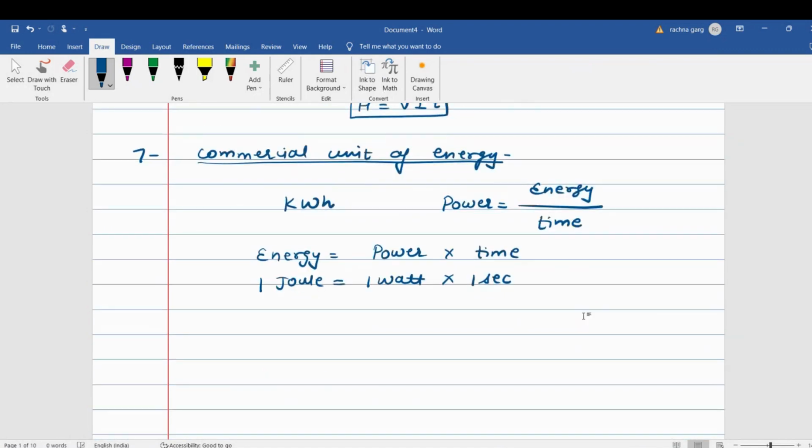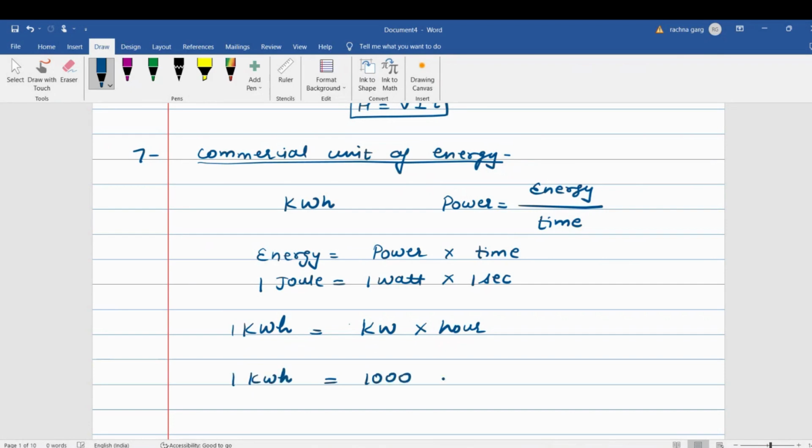Did you get it? If I take bigger units of power, kilowatt, and time unit if I take in hour, so that is kilowatt hour. Did you get it? Now 1 kilowatt